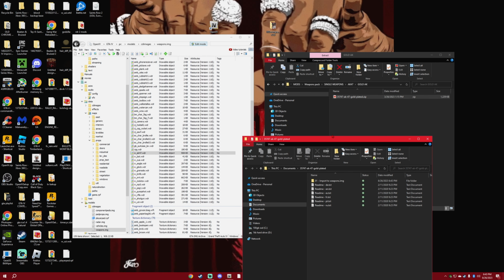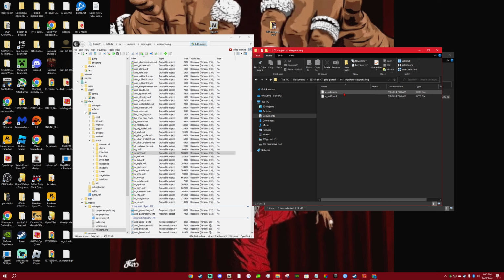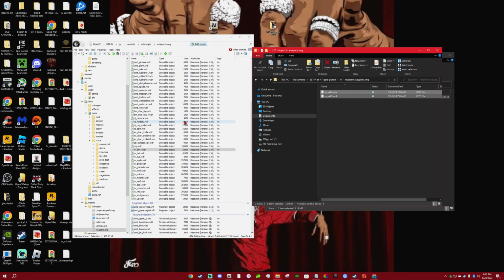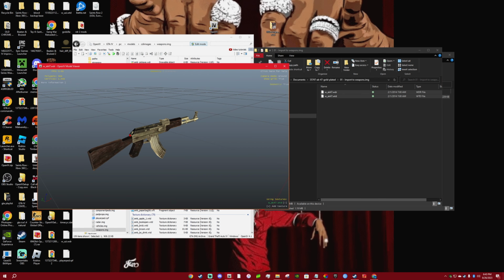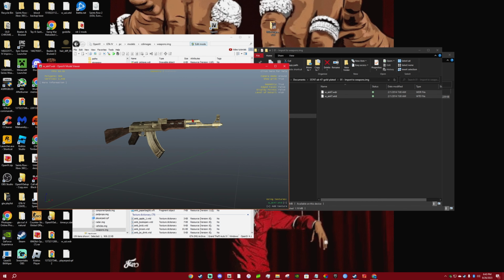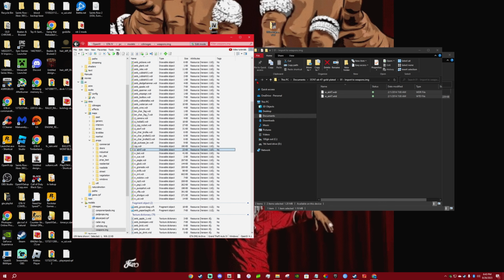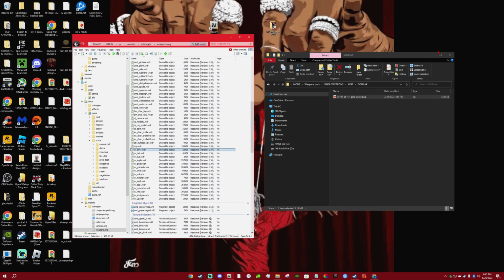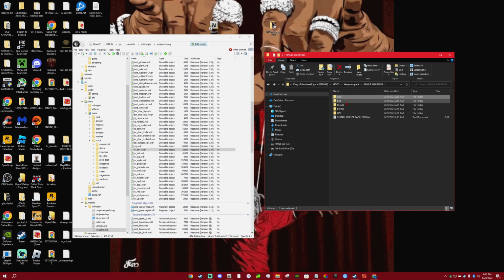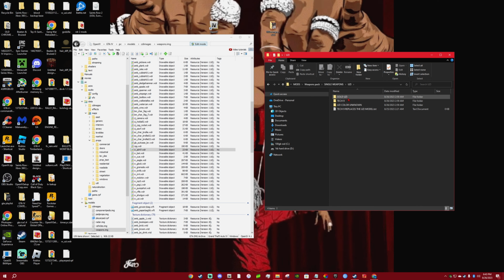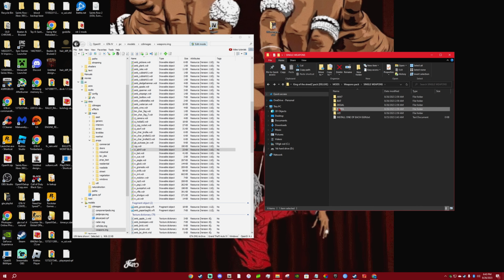open up the IMG, and you can click import and you just simply highlight these and drag them inside of the weapons IMG like this. And then you can double click on this and you can see the 3D image of the AK, how it's changed now. It's golden. And you can do that with all the different weapons. So I got a bat in here, I got a Desert Eagle in here, I got a pistol and a Uzi, and they all have different skins you can choose from, different camos and things like that.